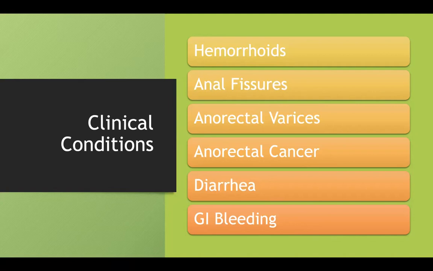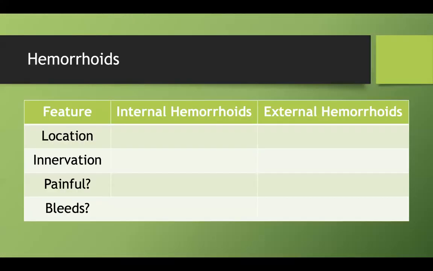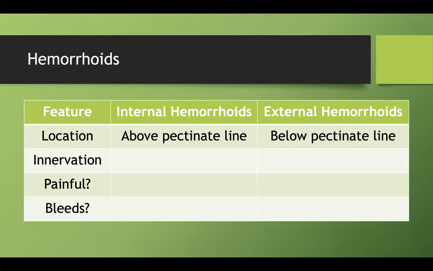But before we get to that Q&A section, I'll briefly talk about the four rectal or anal canal specific diagnoses that they want you to be aware of. So when we're talking about hemorrhoids, what they're really going to do on test is make sure that you know the different features between internal and external hemorrhoids. As we just talked about, an internal hemorrhoid is located above the pectinate line, whereas external hemorrhoids are located below